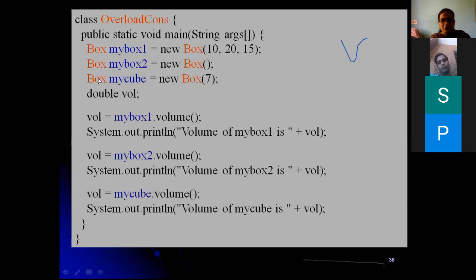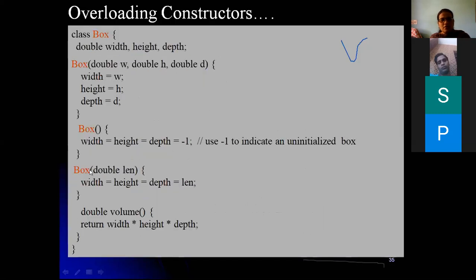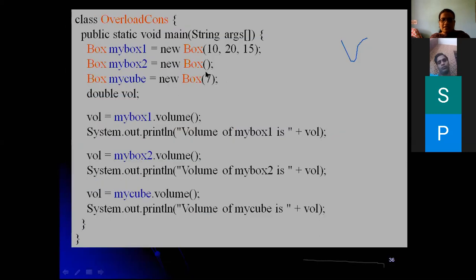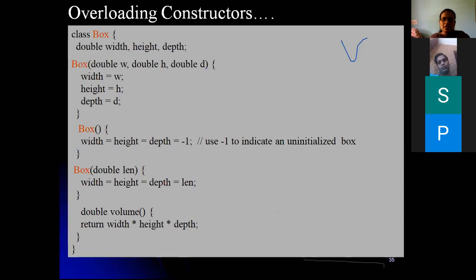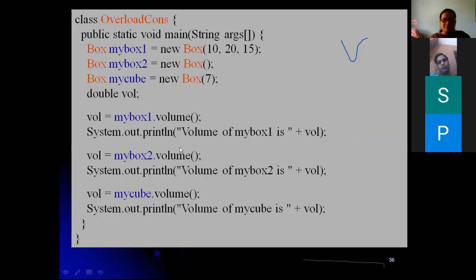And myCube is equal to new Box(7), which is calling another Box constructor, the parameterized constructor of type double. We are passing only the value 7, so Java converts it into double type and assigns the value. This is implicit type conversion.